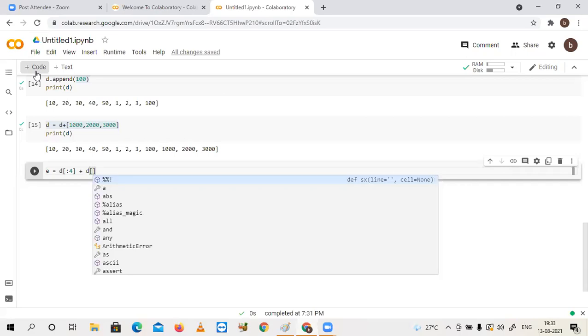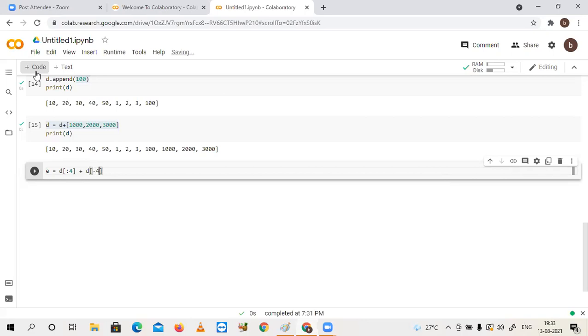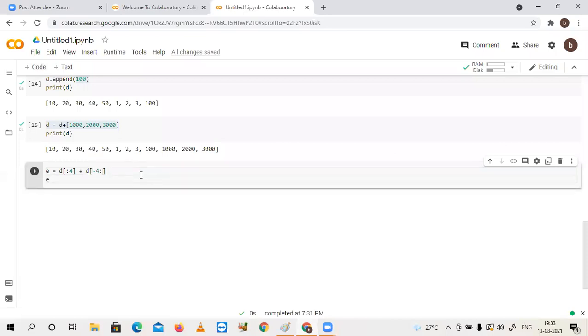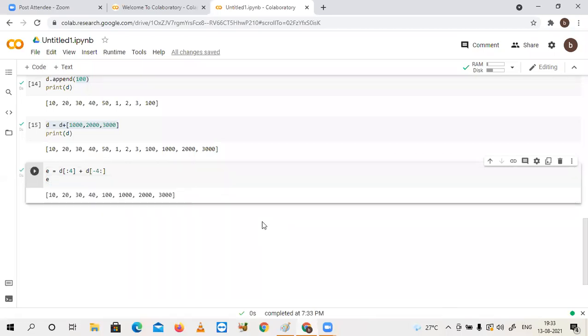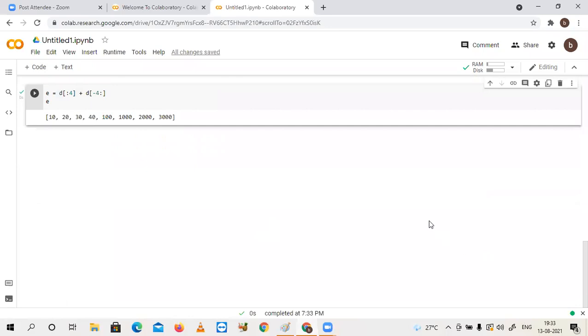Last 4: minus 1 colon minus 5? Count 1, 2, 3, 4. Can I say minus 4 colon? Can I say like this? Yes. Come on, check the output. Expectation correct or not? Yes. Okay, sir. Please do practice. Without practice, you will be confused. After this session, I will share this recording with you. Please prepare the notes, and at the same time do the practice. So in this way, you can perform different operations.